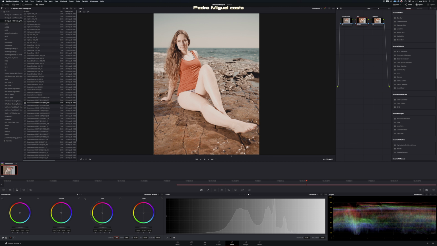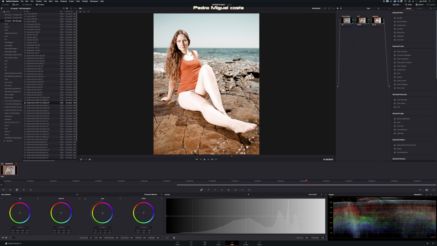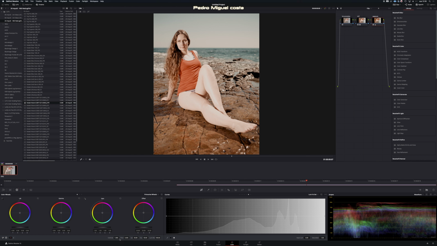So I'll go to the next node. On the exposure, you can try several things. On the bottom you can automatically set the darkest point, and you can set up the brightest point, but no good result. I like the dark area, so I will pump up a little bit the contrast,